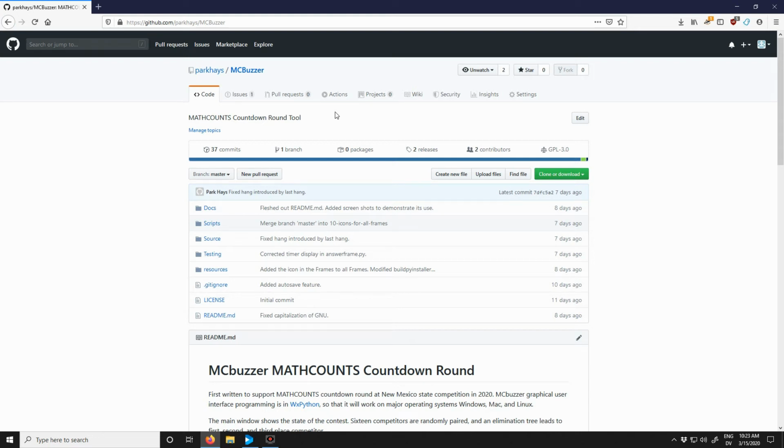Okay, I'm going to demonstrate using the MCBuzzer application, which might be used in a MATHCOUNTS Countdown Round. I'm here on the GitHub page. You can see that we're in the Code tab. I'll go to Releases,